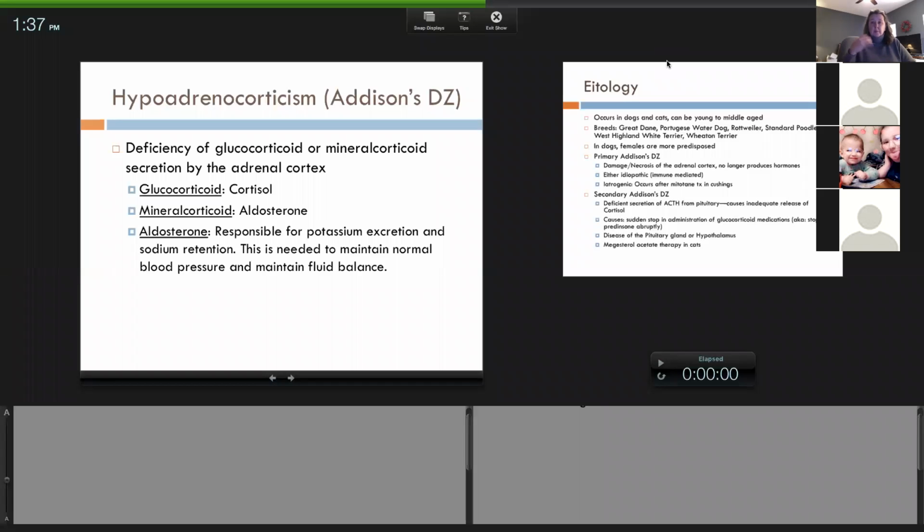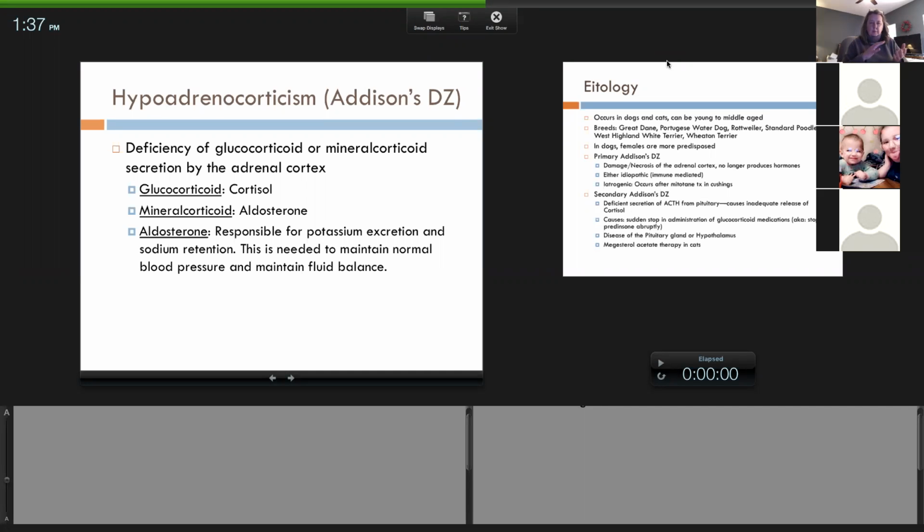So yesterday was hyperadrenocorticism, which is Cushing's, and then has the different reasons: pituitary dependent, adrenal dependent, or what we call iatrogenic, which means the animal was receiving a treatment that caused the Cushing's, which sometimes happens. In that situation, it's not necessarily the fault of the pituitary or the adrenal cortex. It's actually caused by the treatment that the animal was getting. Usually, if an animal is on continued steroids, and steroids are a pharmaceutical glucocorticoid, that is what pushes it in.